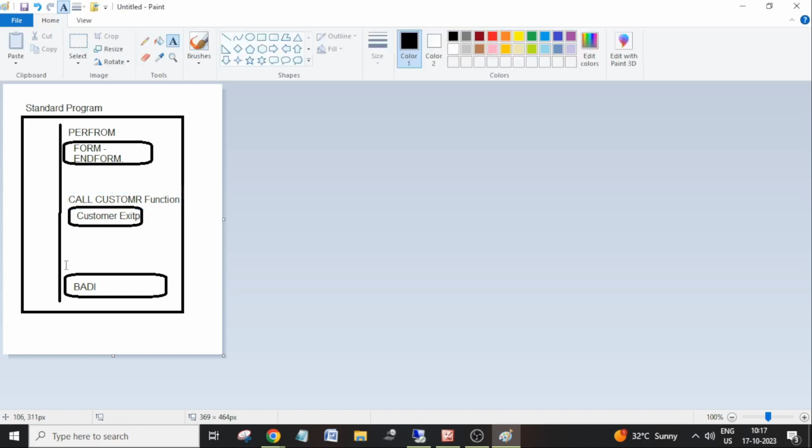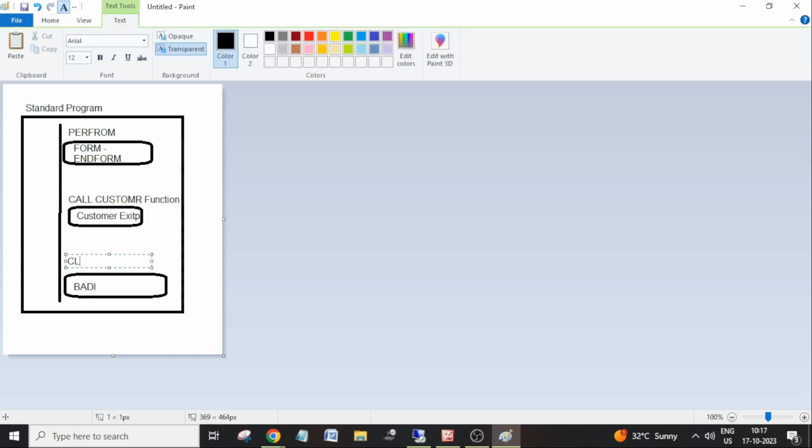If you take BADI, how are they going to call the BADI in our standard code? Somewhere in between in the standard code, they call one BADI method using the CL_EXIT_HANDLER class. They call BADI definitions somewhere in the standard code. If you implement this BADI and add some code to it, your custom functionality will also execute along with your standard functionality. Okay,